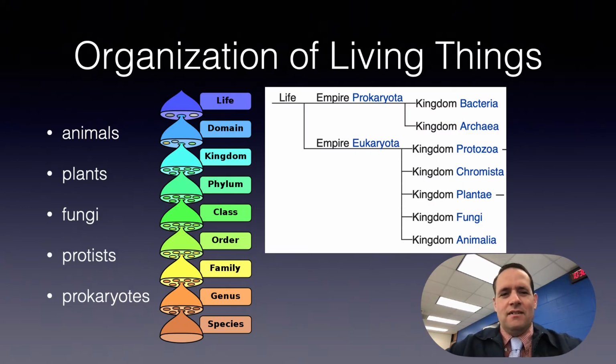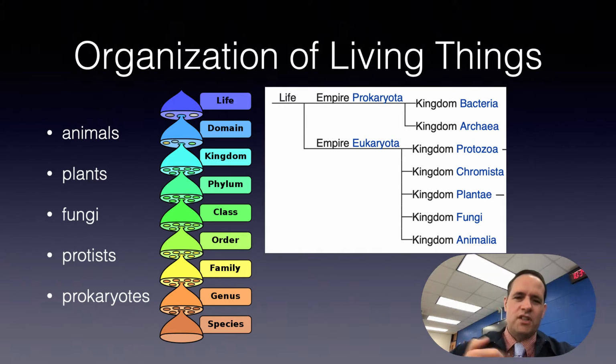we've previously talked about the organization of living things. We have prokaryota and eukaryota, that are composed of prokaryotic cells or prokaryotes and eukaryotic cells or eukaryotes. Those are the two main cell types. Let's first talk about the eukaryotes, which is most everything that you see around you and can identify with. So